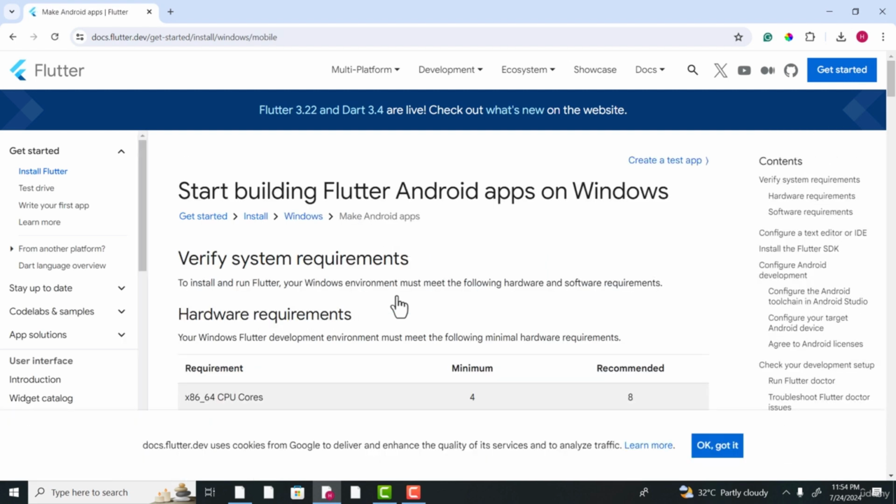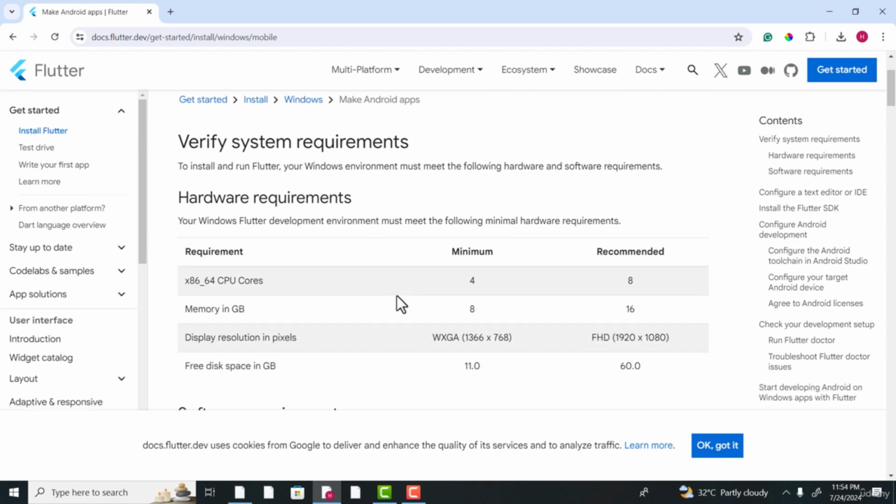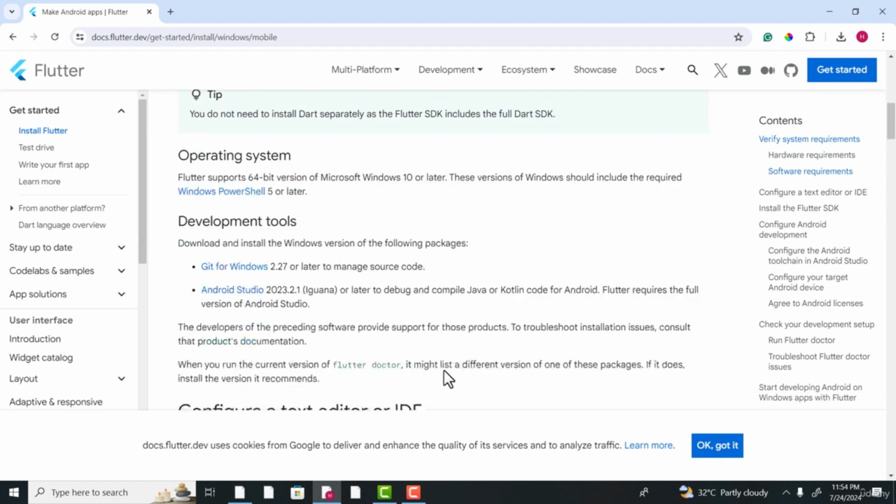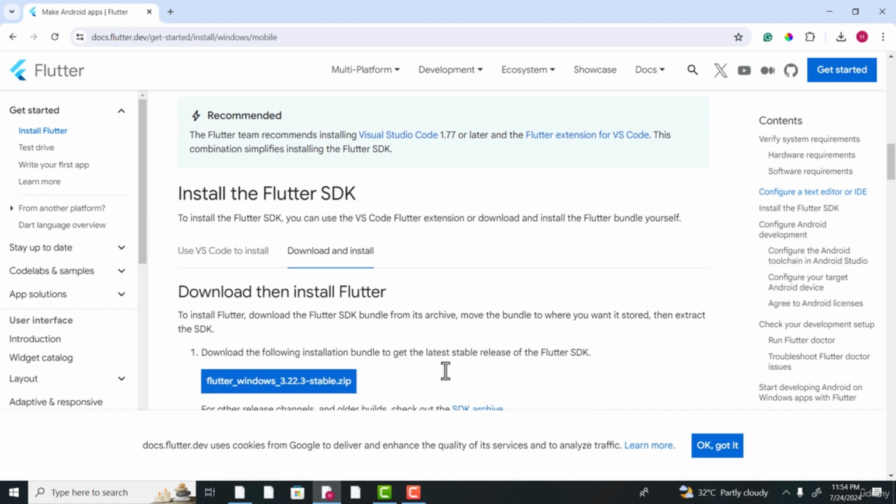Then you can see this section, and here firstly you can read the minimum hardware requirements, like the minimum CPU cores should be 4 and the RAM should be 8. Apart from that, the resolution will be this one, and you should have minimum 11 GB space inside your system. But these requirements are generally met for all the systems. So after looking at them, you can scroll down and there you will find this section to download and install